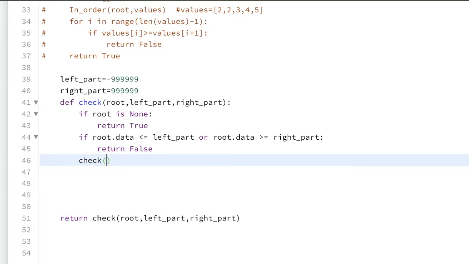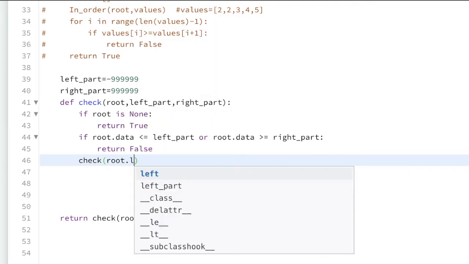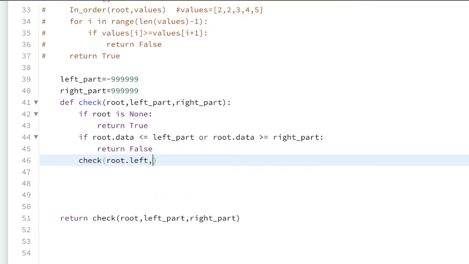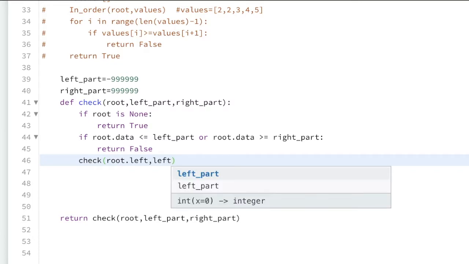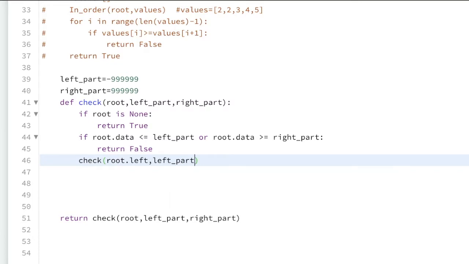So we have to check for the left side. Now to check for the left side, we have to initially pass root dot left as our node, and its left part will be the left part, and the right side part will be the root dot data.